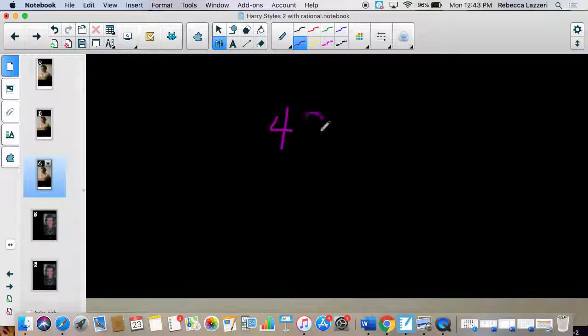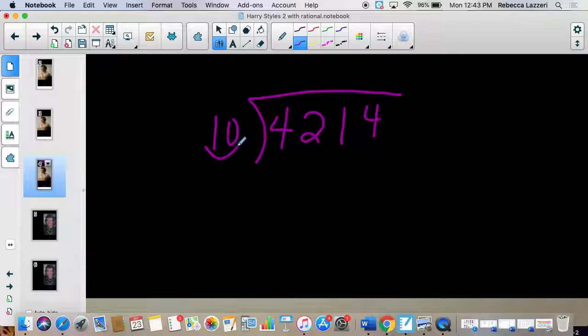Suppose I have 4,214 divided by, let's say, 10. What I think all of us do is we realize we want to match that with that before we get going any further. And don't we all think of 4? 4 might not have been the right number, but aren't we just sort of estimating where we want to be